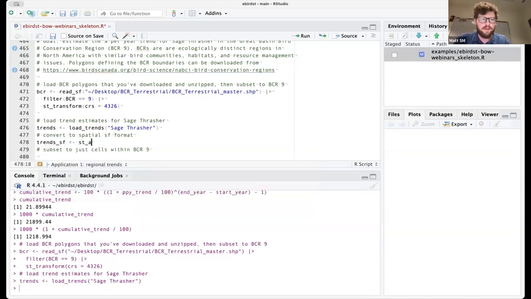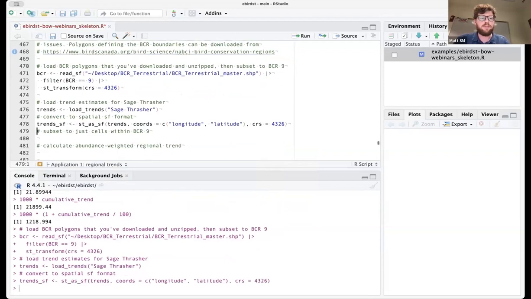So I'll just use st_as_sf on trends, give it the coordinates, the names of the columns in the data frame specifying the longitude and latitude, and I give it the coordinate reference system. I now have a set of points for the whole breeding range of Sage Thrasher, where each point gives me the percent per year trend at that point.